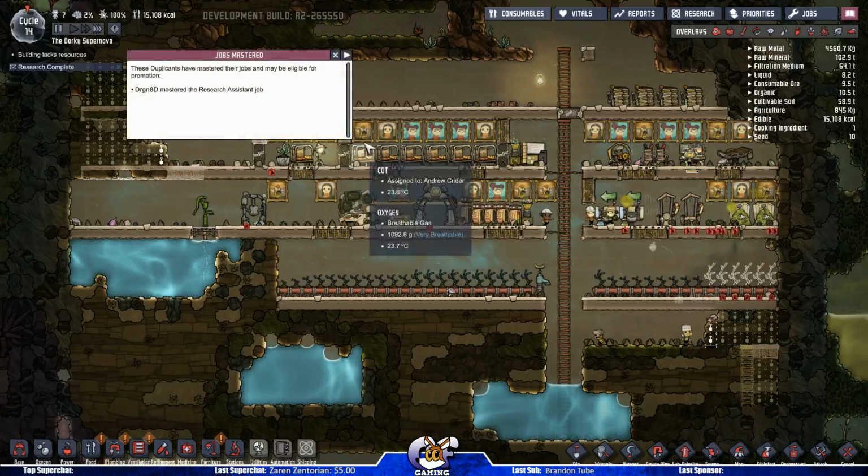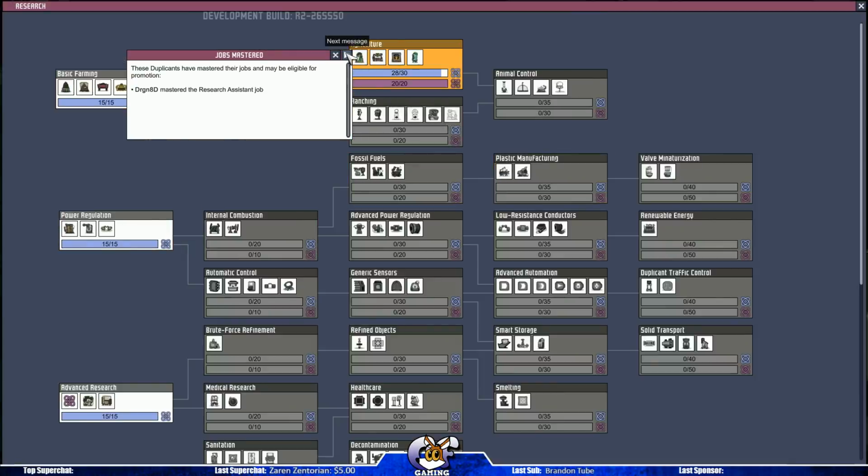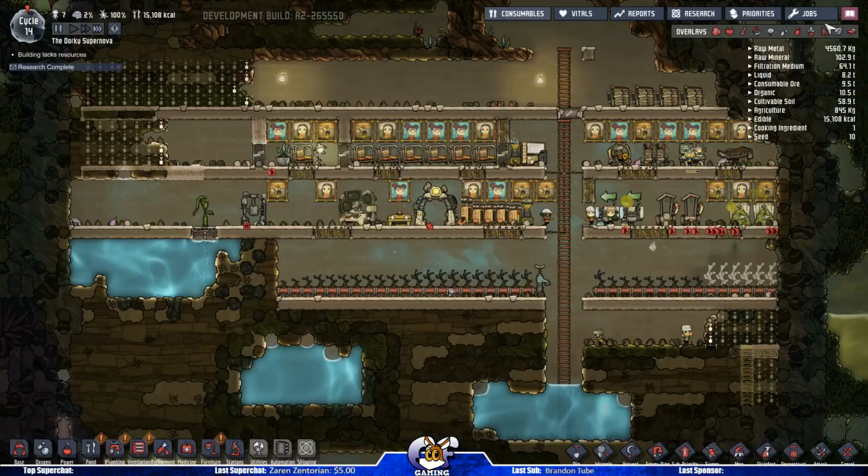Ooh, we mastered a job. What do we master? Research assistant. Nice. Let's bump her up a level. Oops. So anyway, once you...